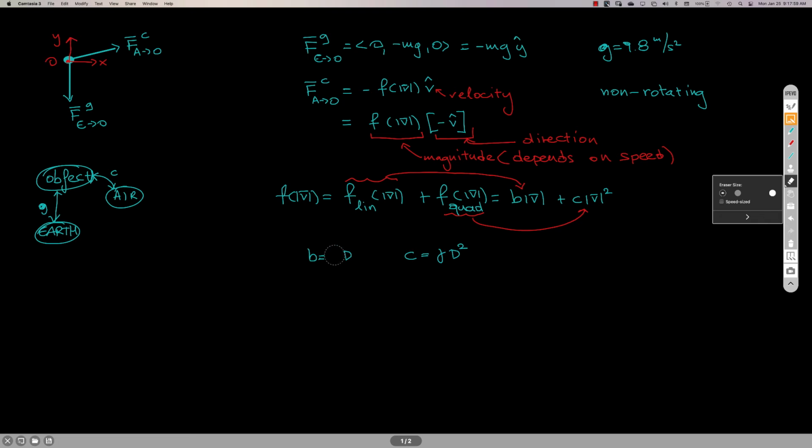Okay, this is the Greek letter beta. There we go, this looks a little bit better. So b is the coefficient to the speed in the linear term, and c is the coefficient on the quadratic term. Both b and c depend on the diameter. So the d here is the diameter of the projectile,